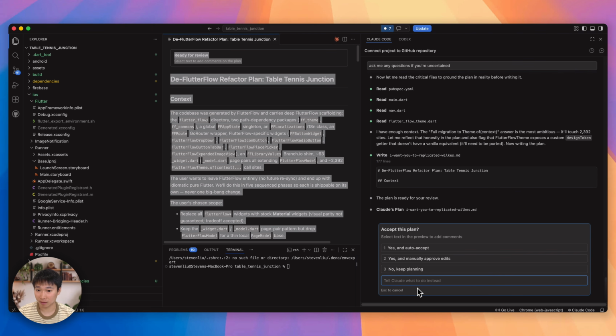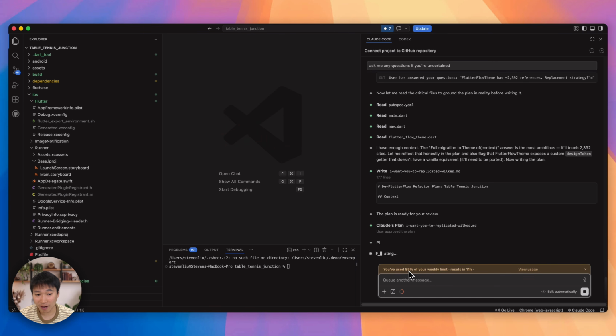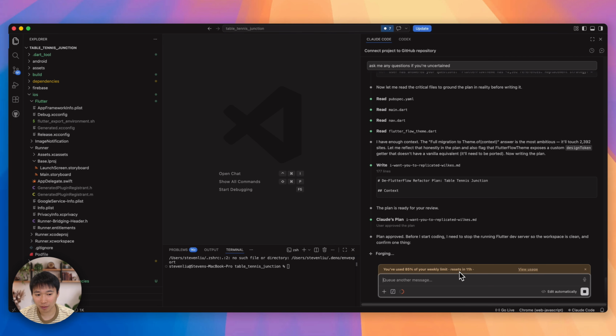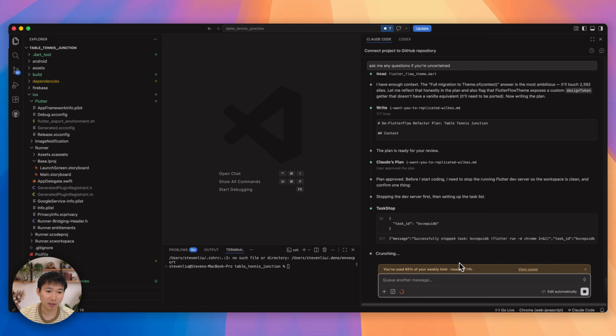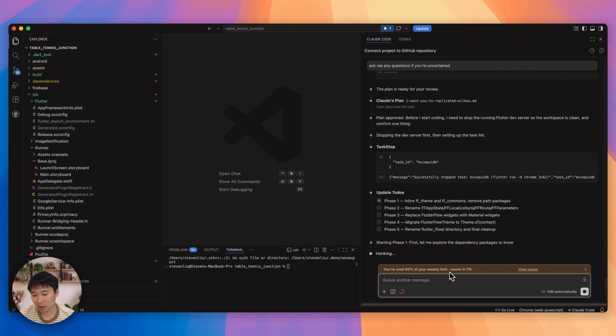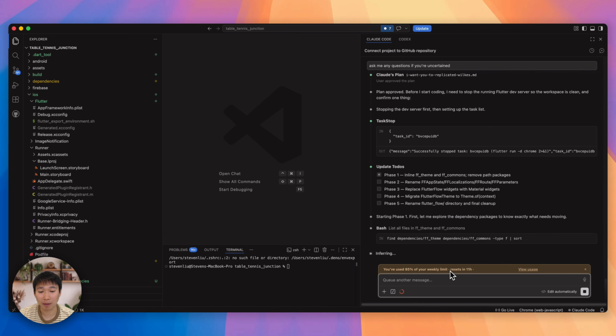You can prompt it again and say, hey, look at it and review your plan to make sure it's right. You can do that. Ultimately it depends on the amount of tokens you have as well, because you want to have tokens to execute the plan. So I'm just going to auto accept. And I have actually used 85% weekly usage and it resets in 11 hours. So I don't know if I will actually completely refactor this app without a wait, in terms of the throttling every 5 hours done by Claude.